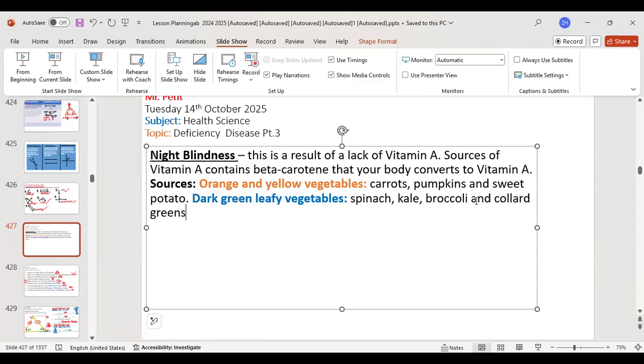Actually, yellow peppers do contain vitamin A, but they don't have as much as the others, unlike red pepper. Okay, perfect, thank you. Look at that, you being a scientist already.